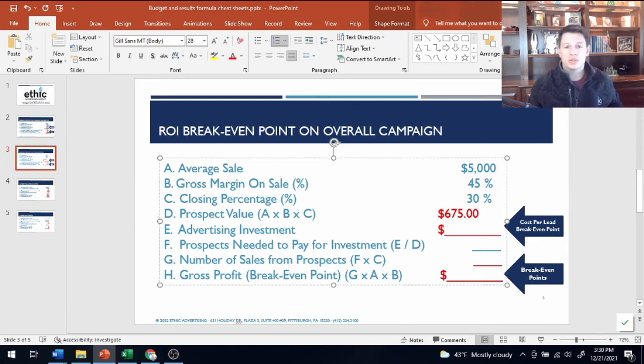So what this tells me is everybody that comes into your door, based off the numbers that you provided, is worth